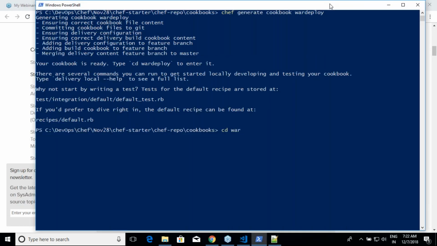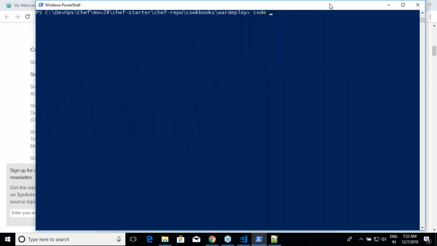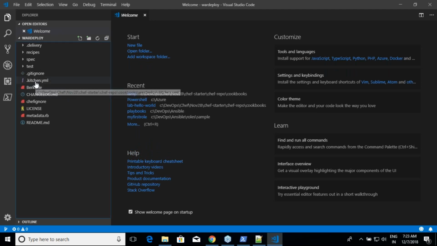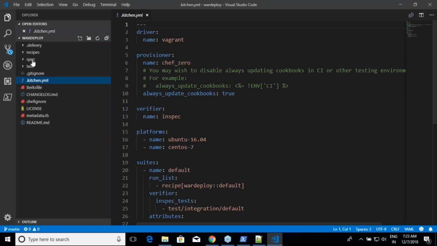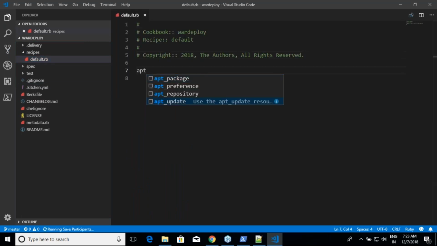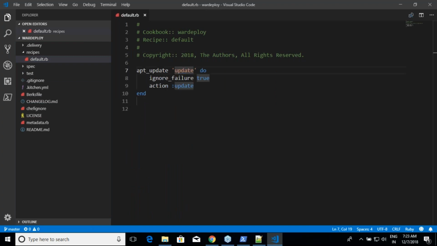So cd var deploy, and then open Visual Studio Code from here. Do I have kitchen.yml over here? Yes. I'll write only one line over here, which is a very simple line that says apt update, and I think we have been using this.